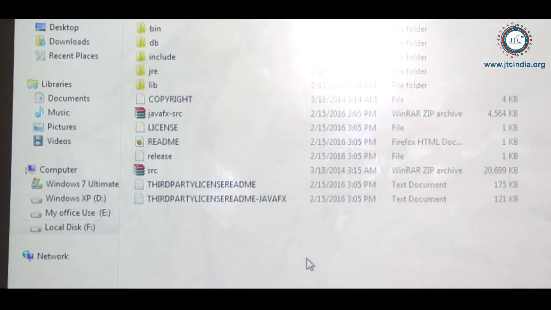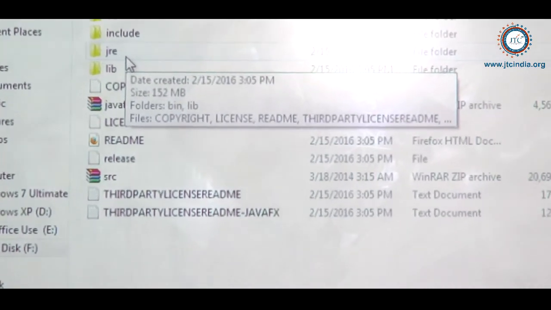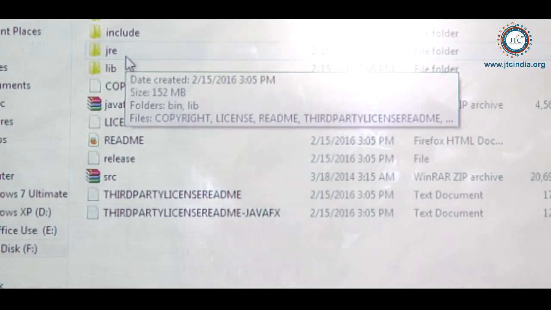As I told you, there is the public JRE and the private JRE. The JRE folder available inside the JDK folder is what we call the private JRE. This is for my reference I am saying. Okay,